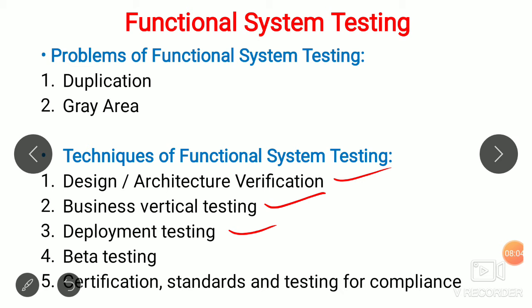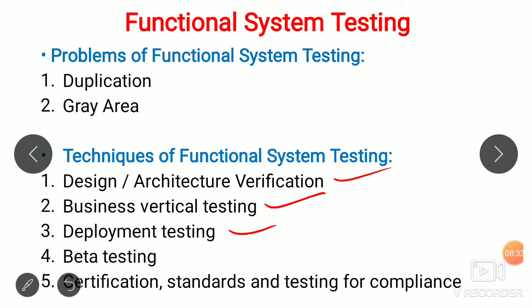Off-site deployment can be done in the company itself, that is, simulation testing is also called offline deployment. Here the type of deployment, that is simulated testing, happens in a product development company, in the organization itself, to ensure that the customer deployment requirements are met or not. That is called off-site deployment. Deployment testing is also conducted after the release of the product by utilizing the resources and setup available in the customer's location. This is called on-site deployment.